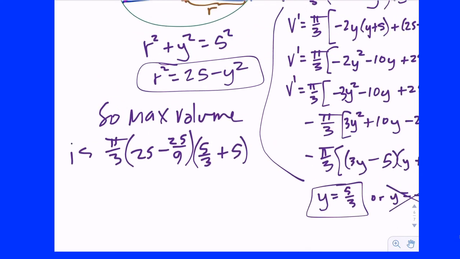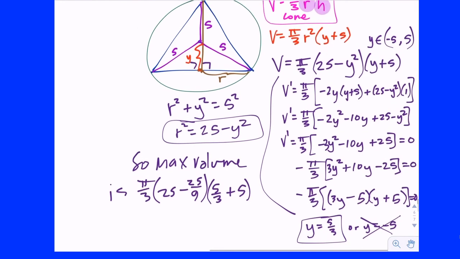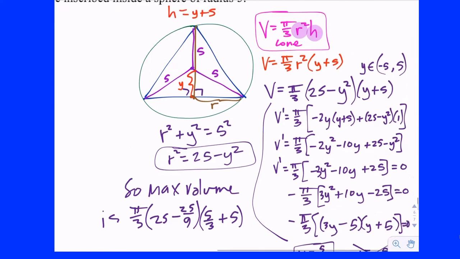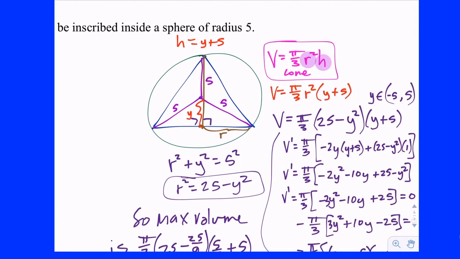If you needed to find the height of the cone, of course, once you have y, you can plug it back in over here to r squared equals 25 minus y squared. Find y, and then do what to get your height? Add 5. So it's not required that you label the small parts, but I think it's a little bit easier in terms of calculations because you're building up instead of subtracting or dividing. If you label big parts, you can also run into fractions. And fractions,